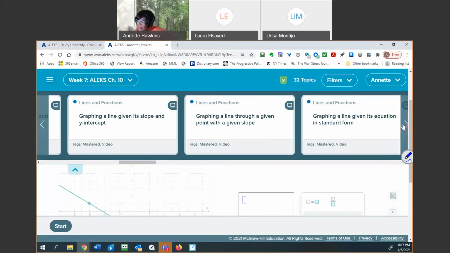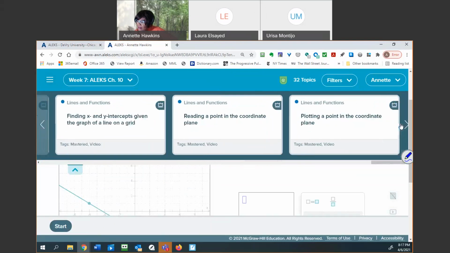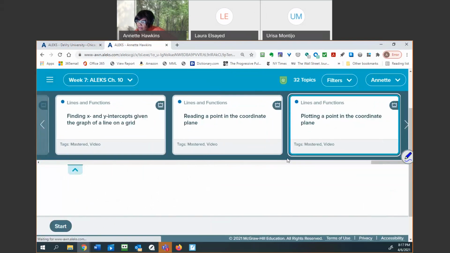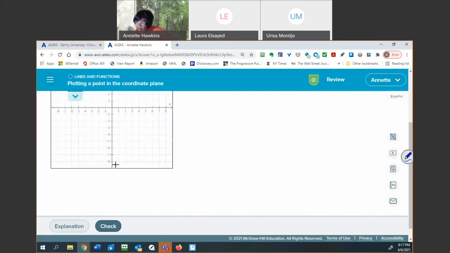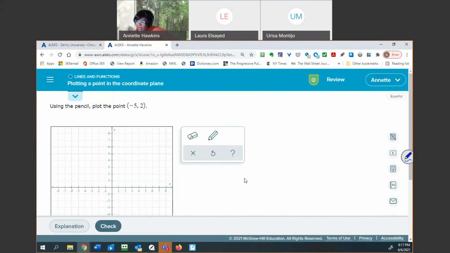Okay, so I was at the end. Here we go. So it says to plot the point -5, 2. So we get the pencil. So -5, 2. Right. So x is -5,